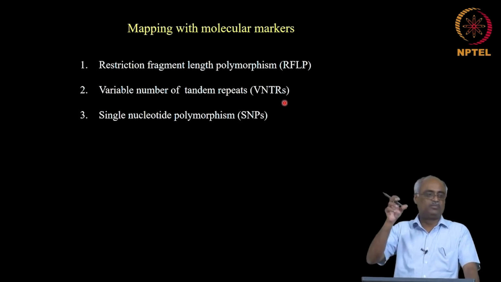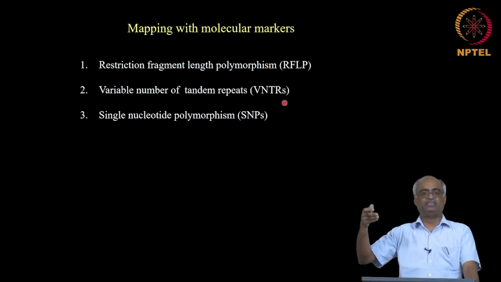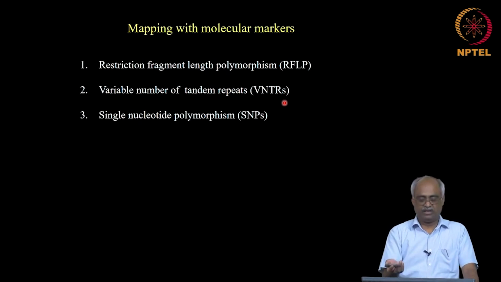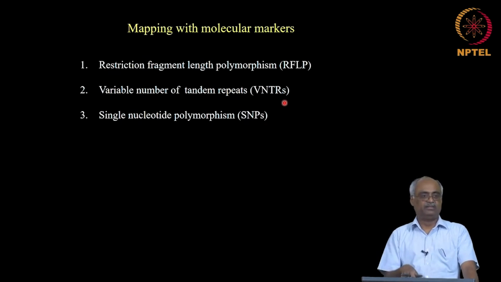Like you may have in chromosomes a repeat sequence that repeats multiple times. Okay, in one strain you might have 10 repeats, in another you might have 20 repeats. So, those variations in tandem repeats can be used as a marker. RFLP, you probably know already, is restriction fragment length polymorphism. For example, in one strain you have a particular restriction site sequence in a particular locus, and in another, one base change and that restriction site is not there. So, between the two strains the fragment length will vary, right.